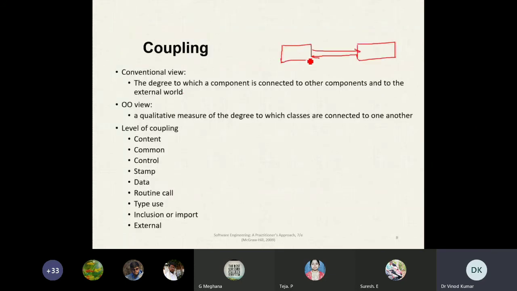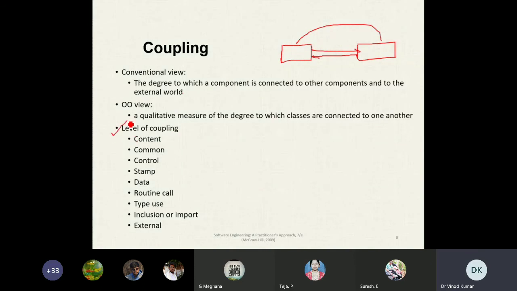But coupling is the dependency between two or more components, that is, the intercomponent dependency. In the object-oriented view, it is a qualitative measure of the degree to which classes are connected to one another.